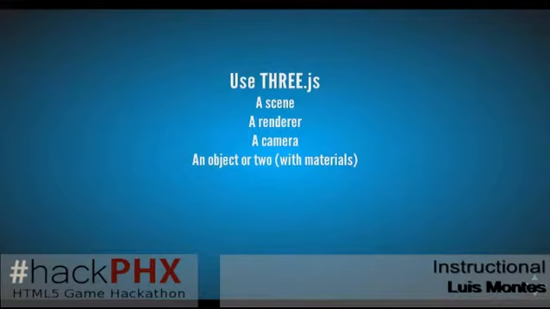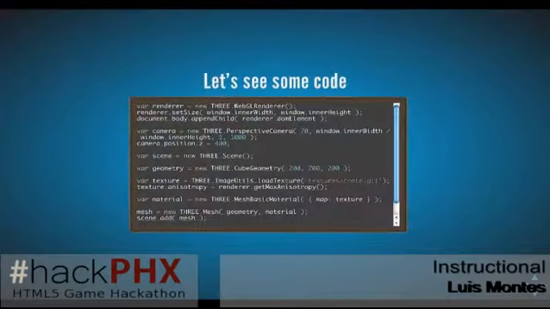All we have to do with this is just use these APIs to set up a scene and set up a renderer. A scene is like our world. The renderer is what's going to draw it for us. A camera says where to draw this thing, and then we throw a bunch of objects in there and get it going. I'm not even going to go through this. Just real quick, set up a renderer, camera, all these things that I said.